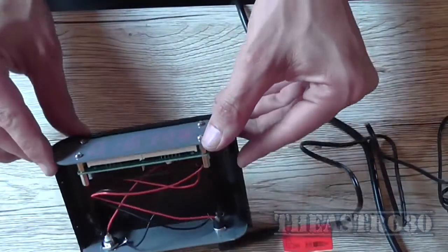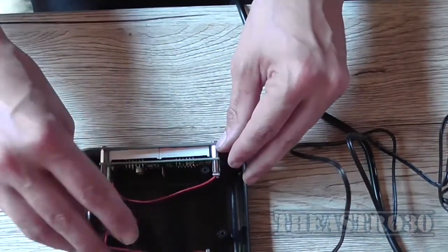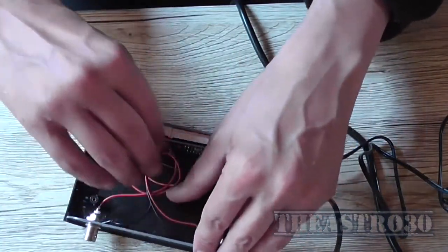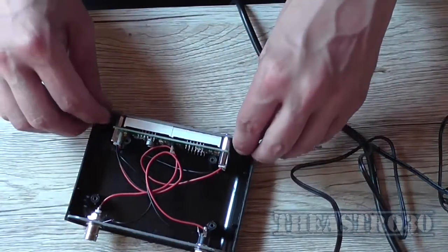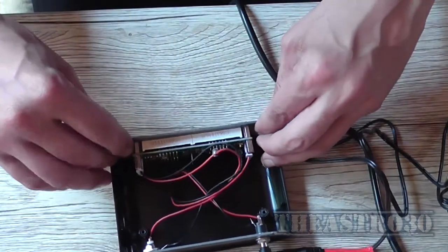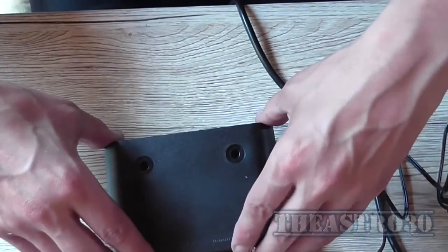There it is. Okay, I can see that that module's upside down. So if I turn it the right way up, it might help. Put these wires in. I'll just pop the lid on. Actually, I know why it's upside down, because this is the actual top, not the bottom. So if I put this around the right way, which is the wrong way around, then put this on top, the right way around, then turn it over,